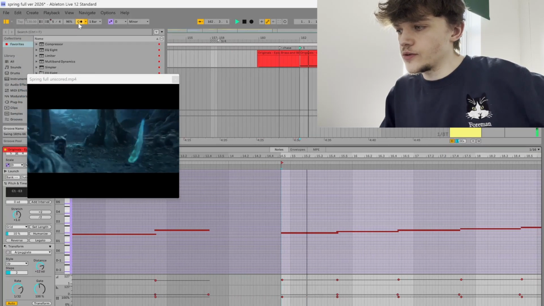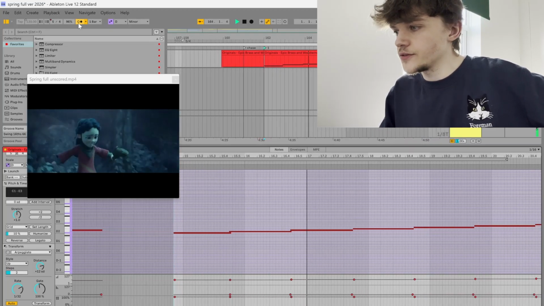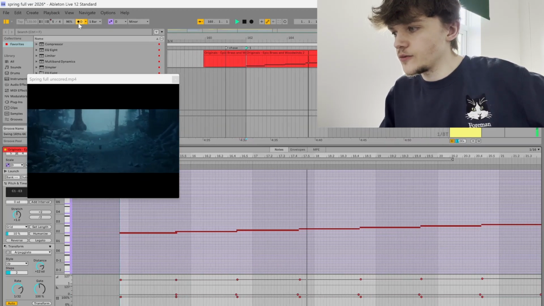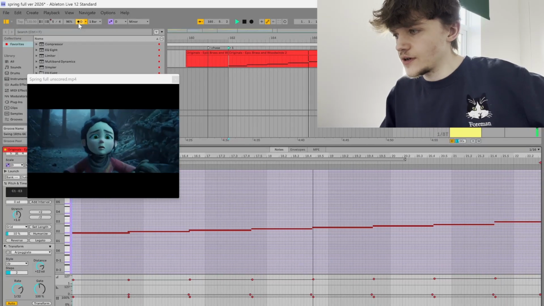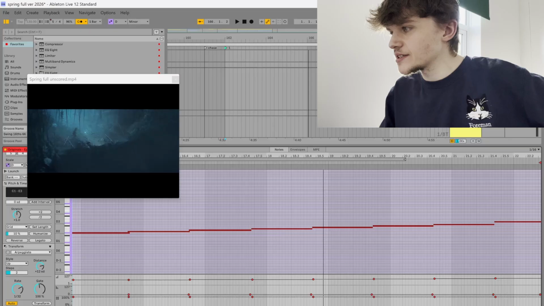1, 2, 3, 4, 5, 1, 2, 3, 4, 5, and so on. And it's the exact same with the bass. The brass and the bass follow the same progression,